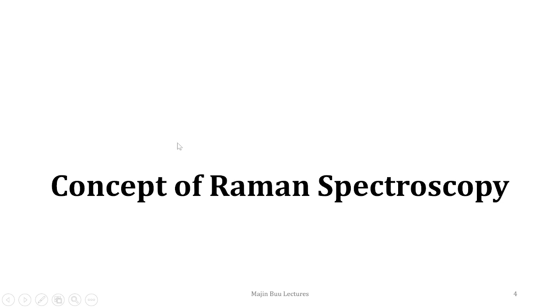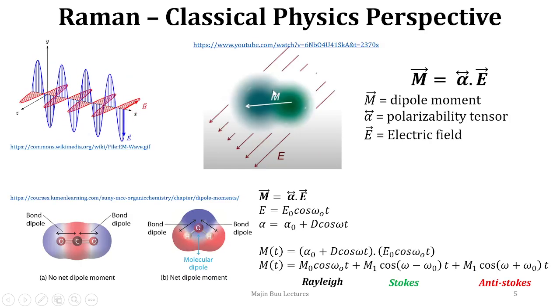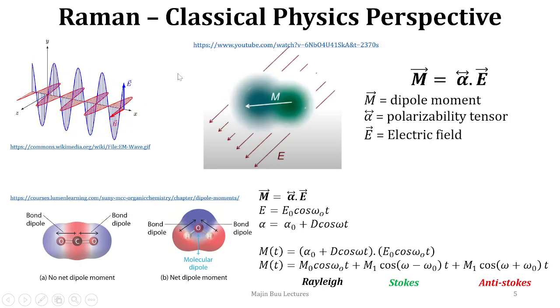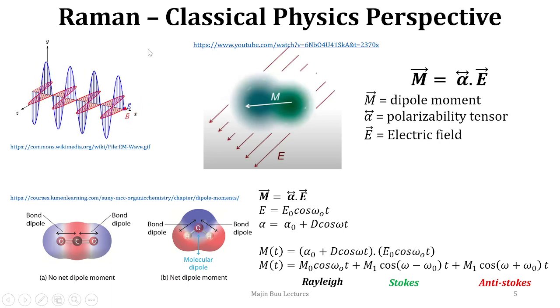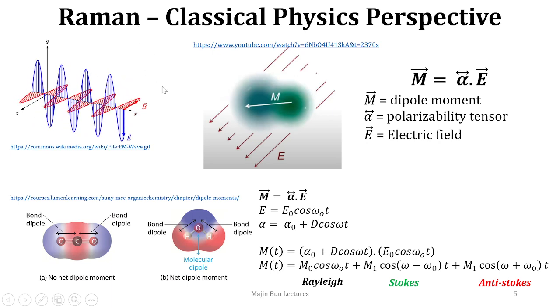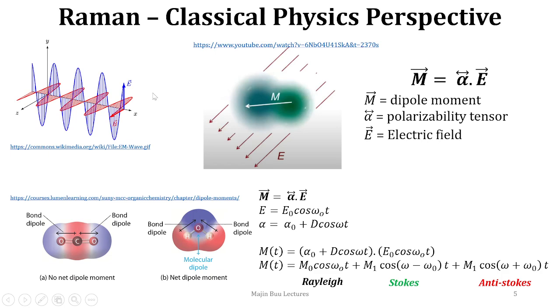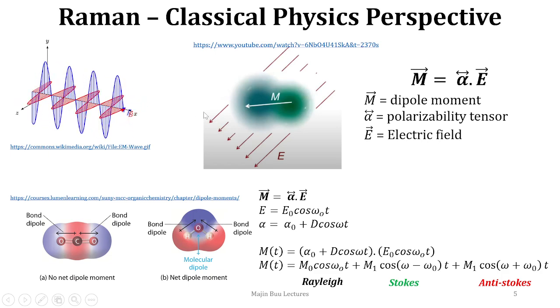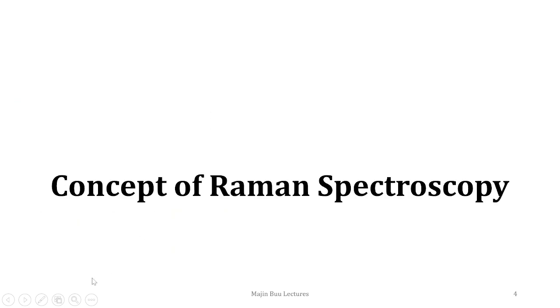In order to understand the nature of the graphitic material, it is necessary to comment on its quality and many other aspects, for which Raman spectroscopy is widely used. In terms of the classical physics concept, Raman spectroscopy can be visualized as follows. In any kind of spectroscopy technique, the idea is that